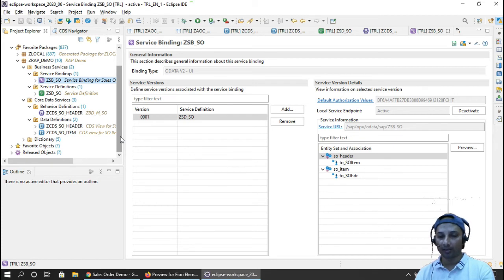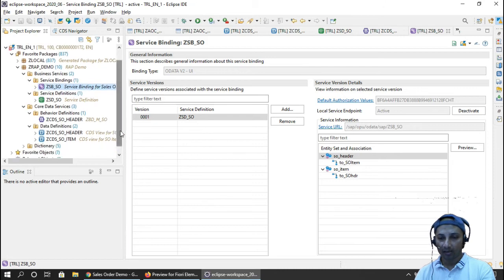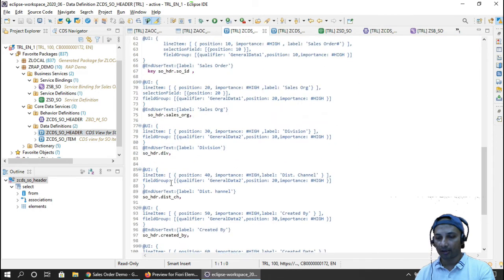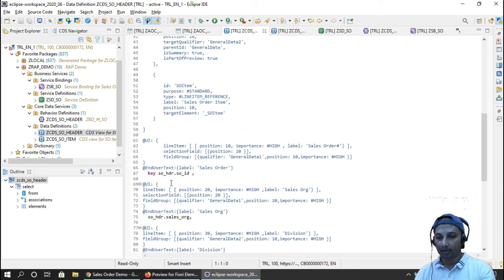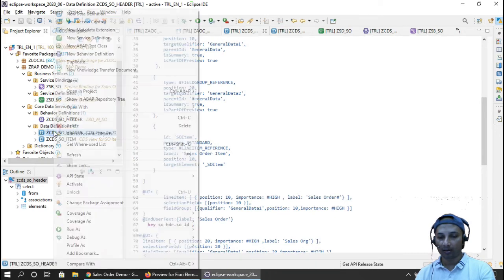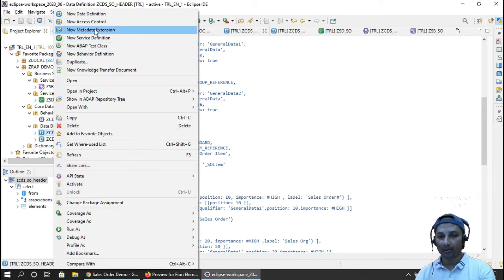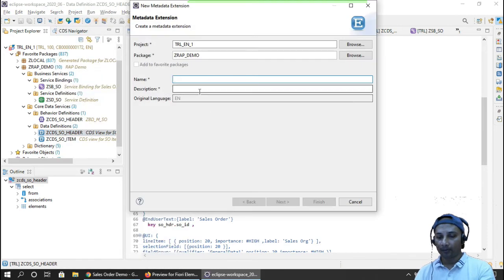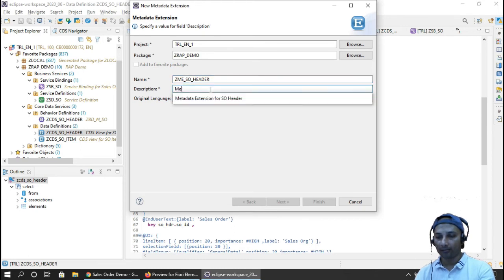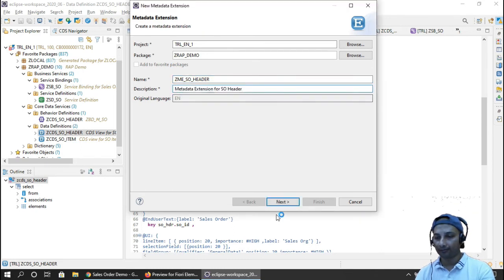Okay, if you remember, in your CDS header all the annotations are residing over here. To keep them separate, you right click and click on something called metadata extension, right? You put a metadata extension here, for a header.